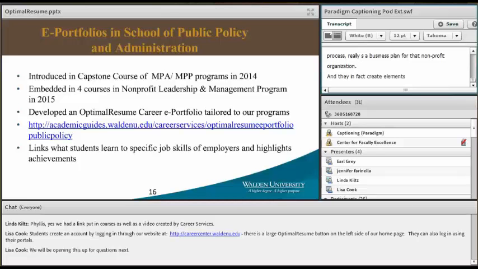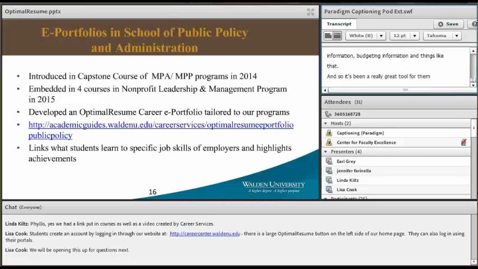And so the ePortfolio is really a mechanism for them to begin to highlight not only the skills that they're learning in the nonprofit program, but also elements of their business plan that they can begin sharing with possible funders long before they graduate. They can begin sharing mission statements, vision statements, strategic planning, human resources information, budgeting information, and things like that. And so it's been a really great tool for them in planning out a career